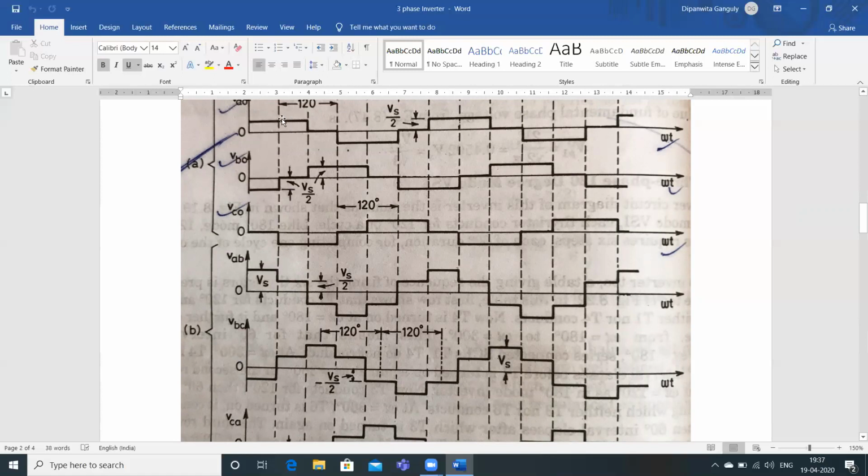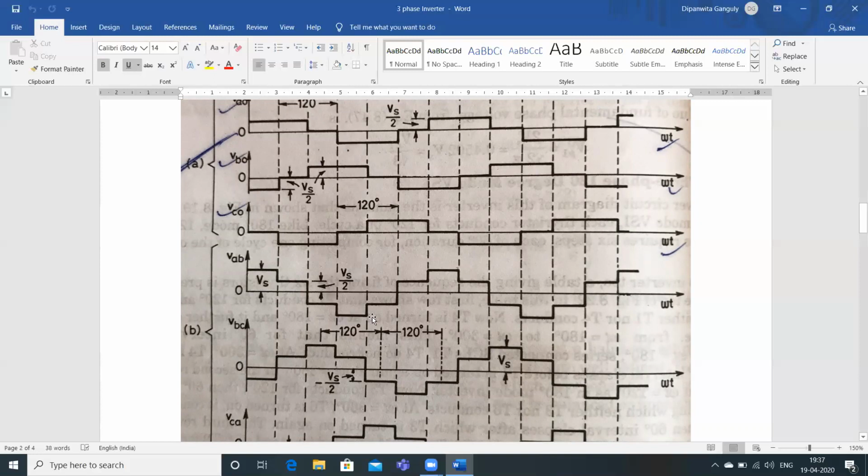Again, here this is plus Vs by 2 minus 0, so this will be plus Vs by 2. In stage 3, this is 0 and this is plus Vs by 2, so 0 minus plus Vs by 2, we will get minus Vs by 2. In stage 4, this is minus Vs by 2, this is plus Vs by 2. So minus Vs by 2 minus plus Vs by 2,